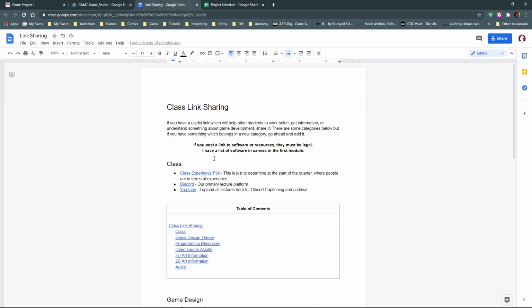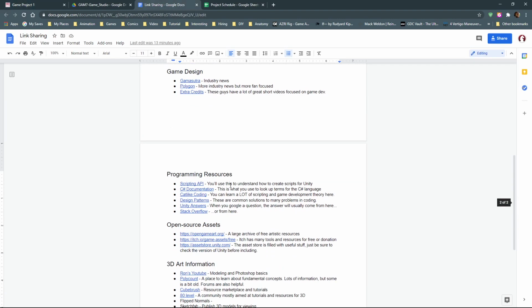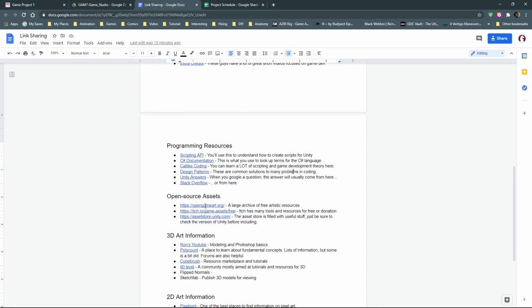I've got a link to opengameart.org, which is a big repository of open source game art assets. The only thing I would be careful of is you're not taking assets from a published game that didn't give permission for anybody to use that stuff. But open source things, free things that are just on the Unity store or whatever, that's completely fine. Itch has a free assets section as well, which I've linked to here. The asset store in Unity has both paid and free assets. Absolutely, go ahead and use that stuff.